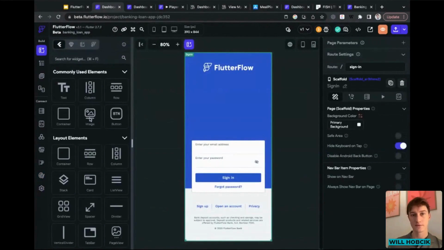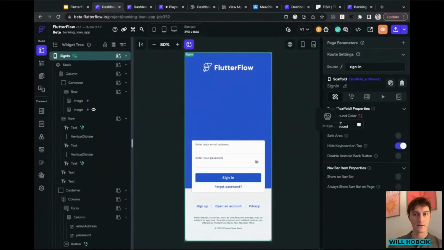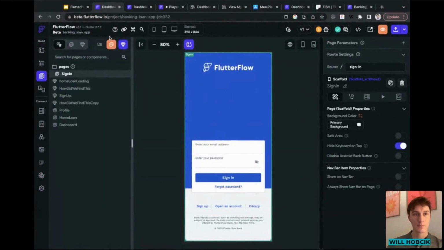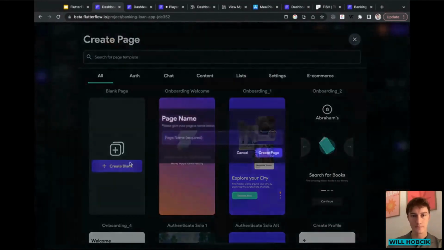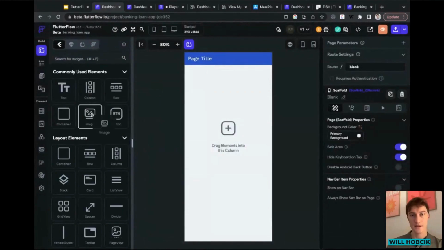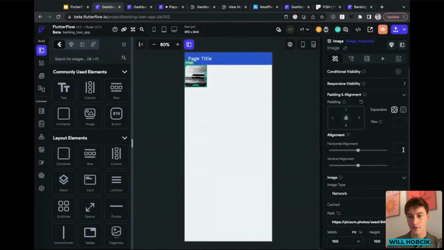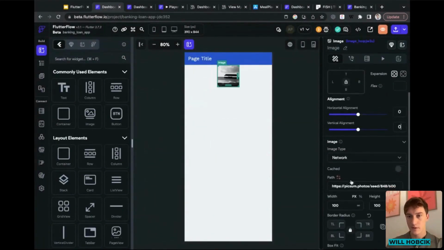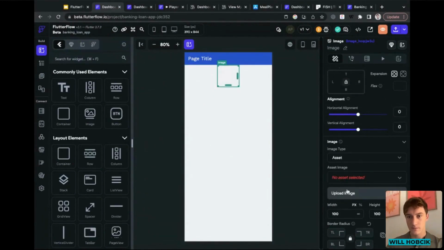So in this case, if I maybe build a blank page here, right? I'll just add an image for an example here. Load this.